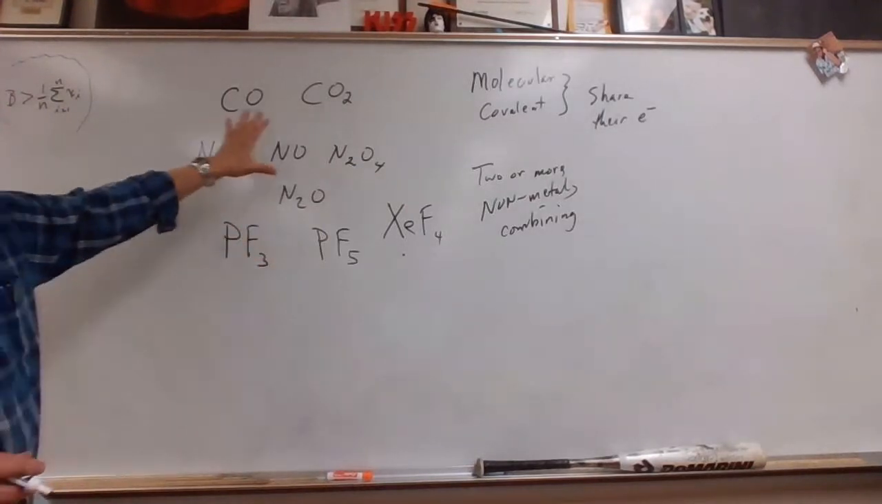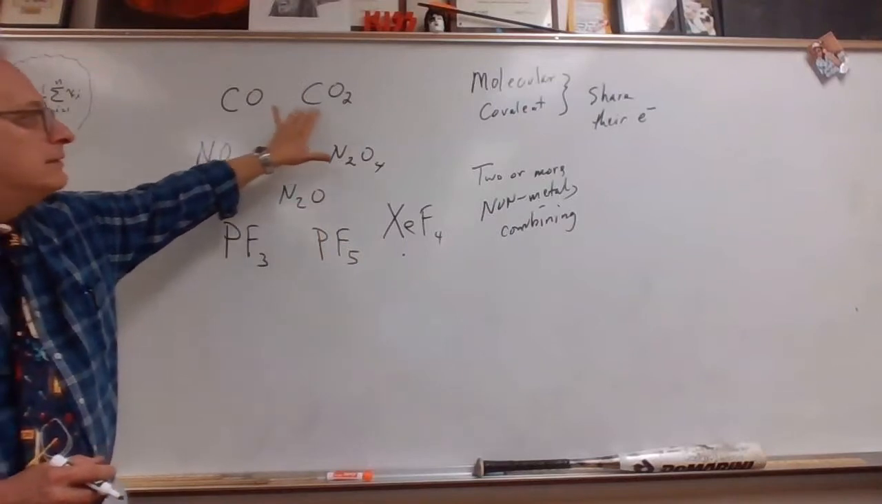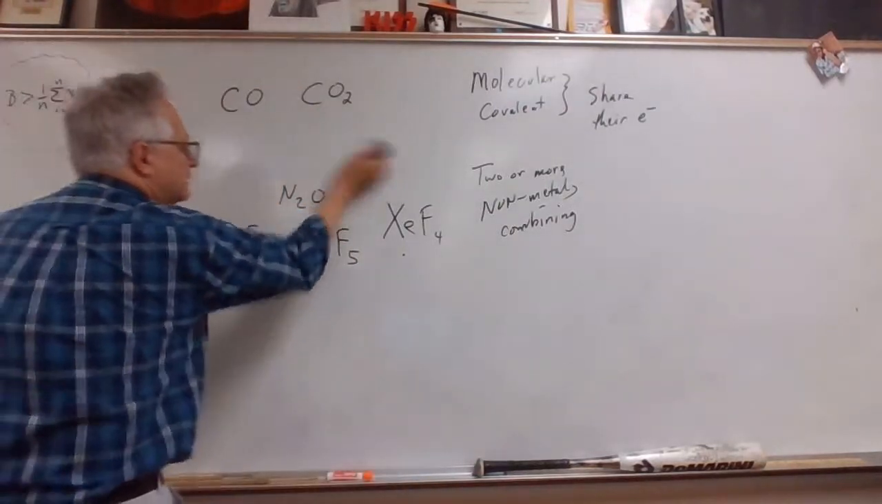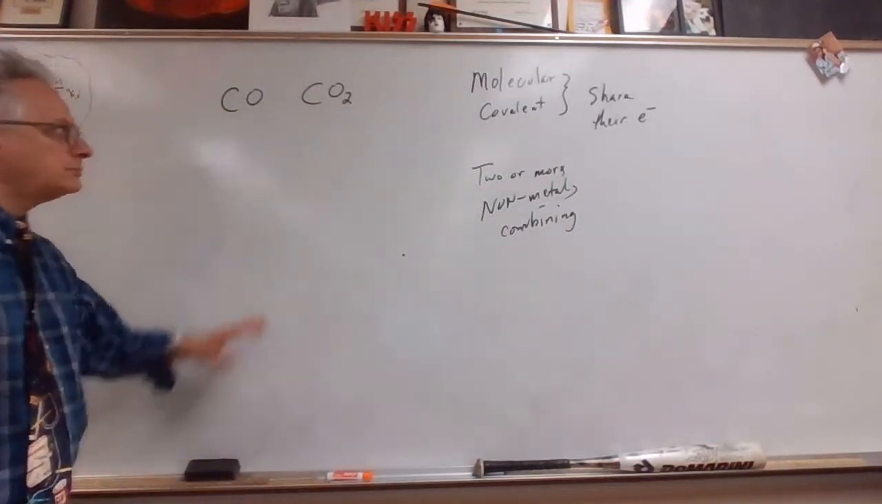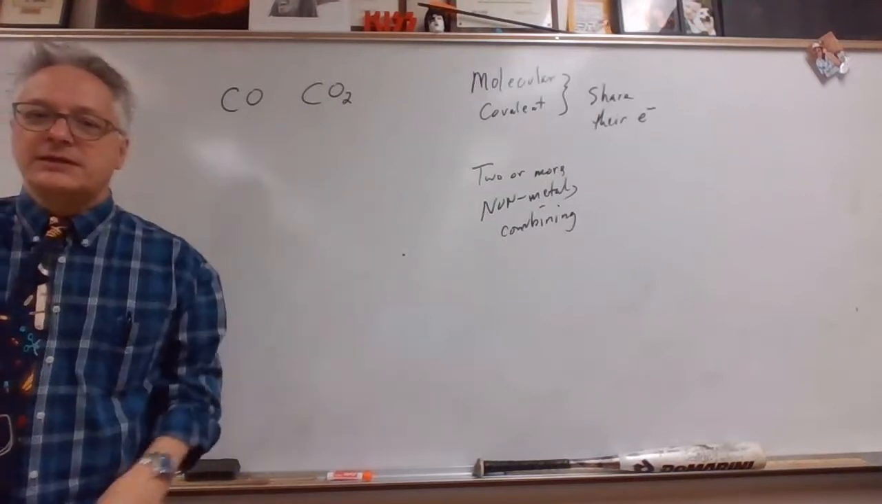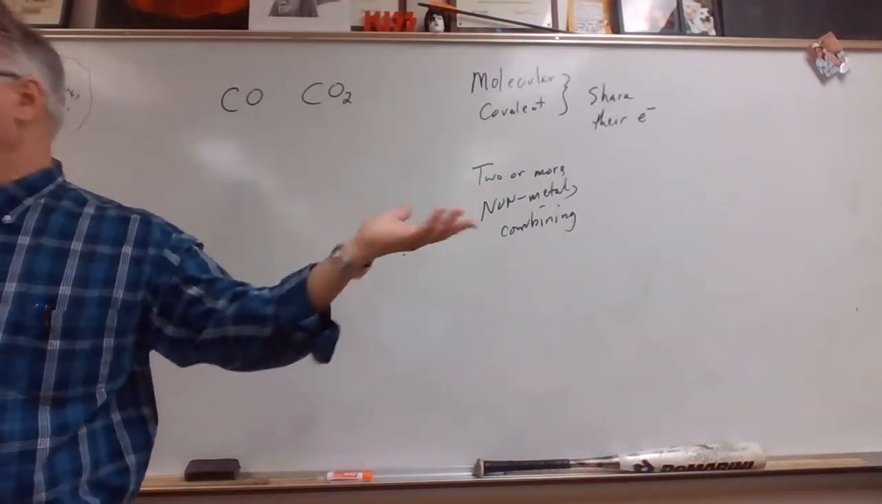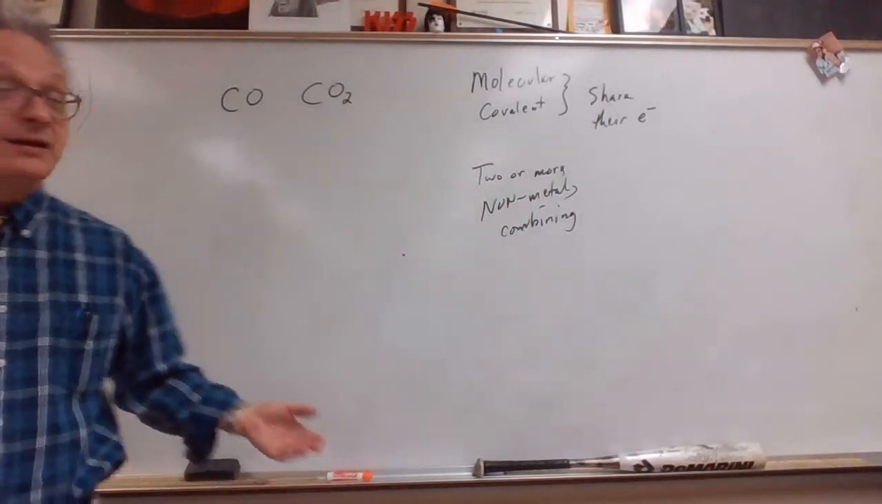We have to use those prefixes to tell us how many elements there are combining. So let me use this as an example, the CO and the CO2. You'd think, boy, these chemical compounds are probably fairly similar. I have carbon, not toxic. I've got oxygen. We need oxygen, right? So